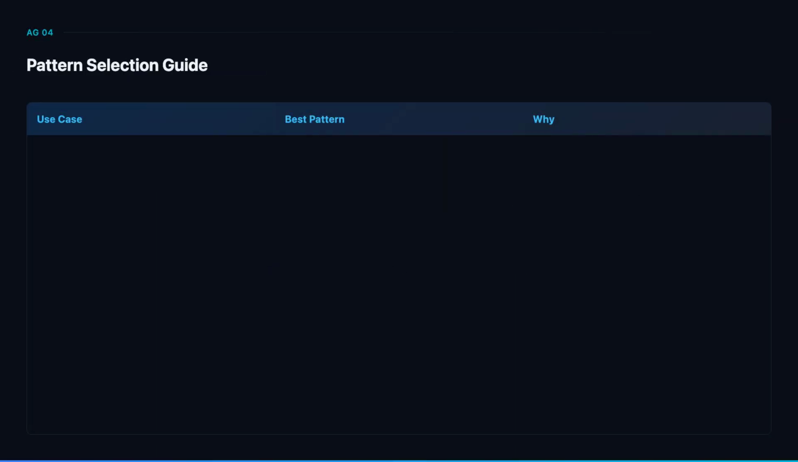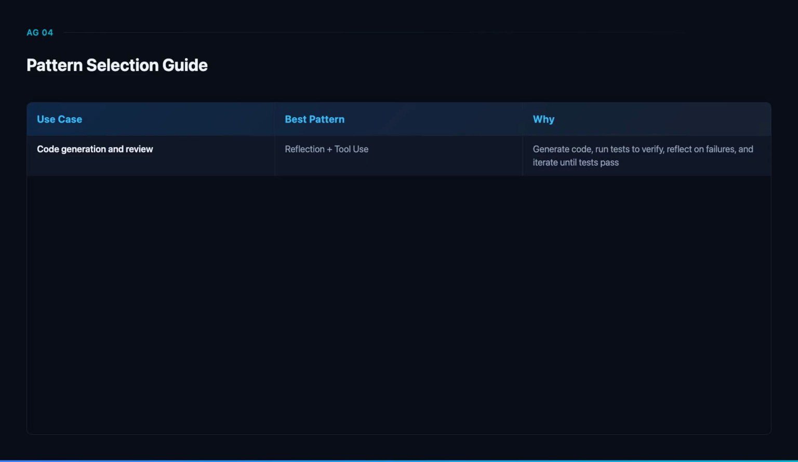Choosing the right pattern for your use case is critical. Here is a practical selection guide. Code generation benefits enormously from combining reflection and tool use. The agent generates code, uses tool use to run tests and verify correctness, reflects on any failures, and iterates until all tests pass. This combination achieves significantly higher code quality than single-pass generation because the agent gets concrete feedback from